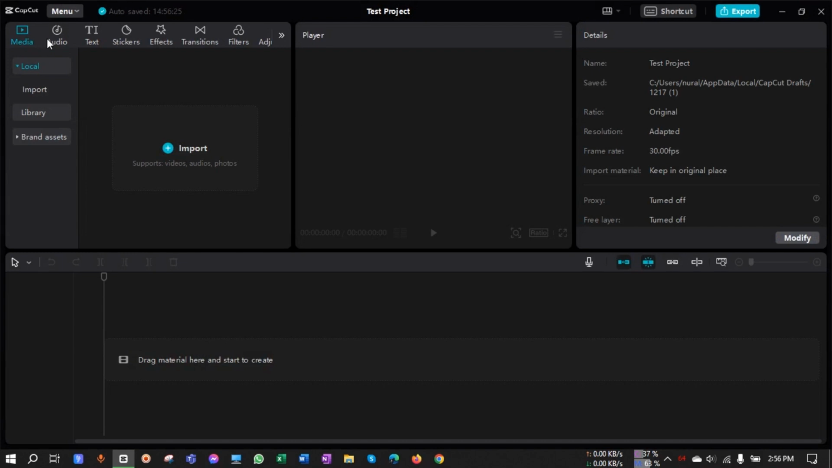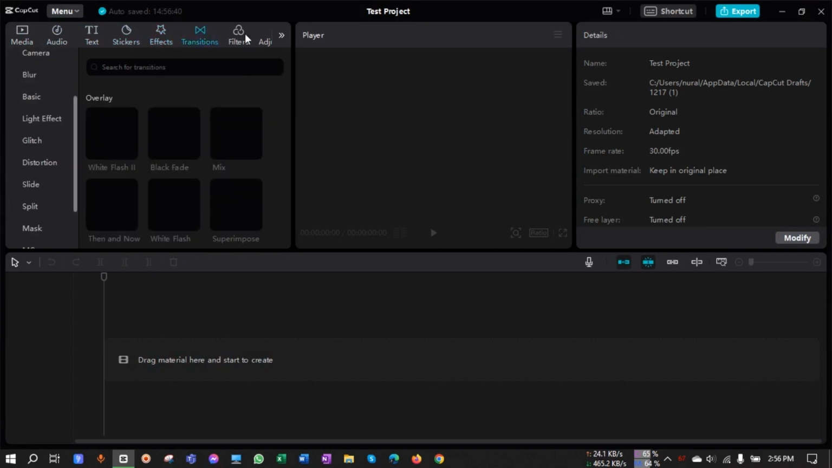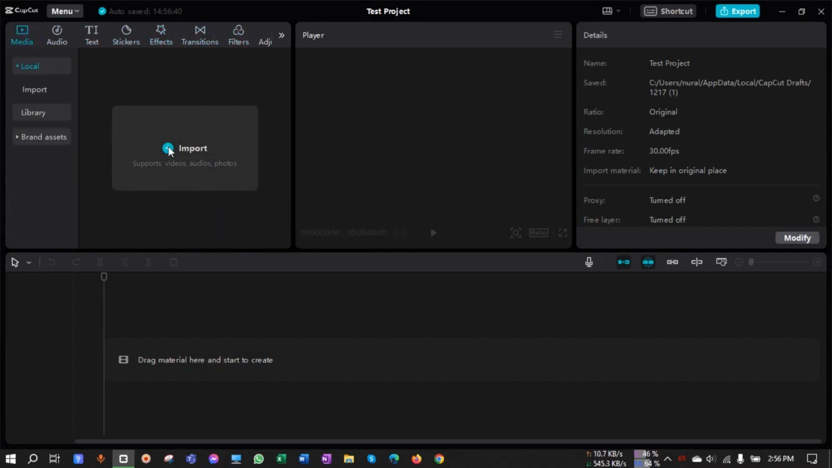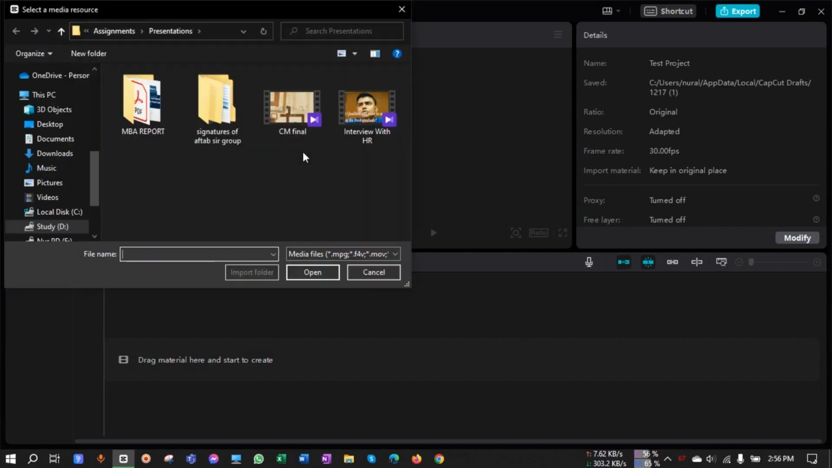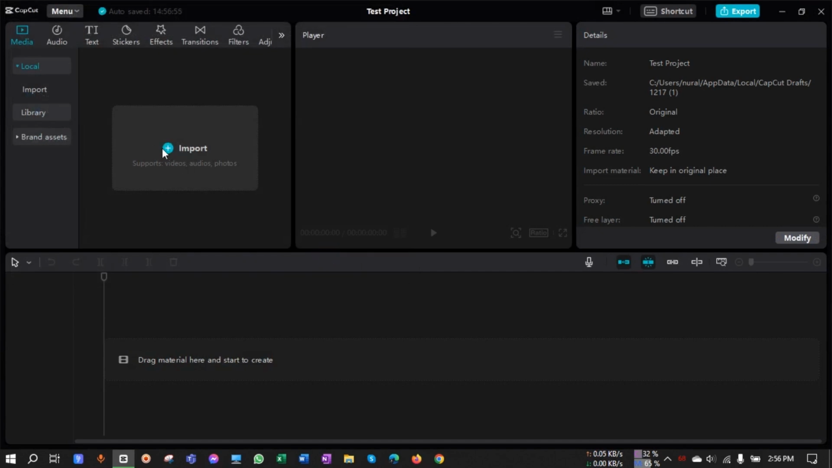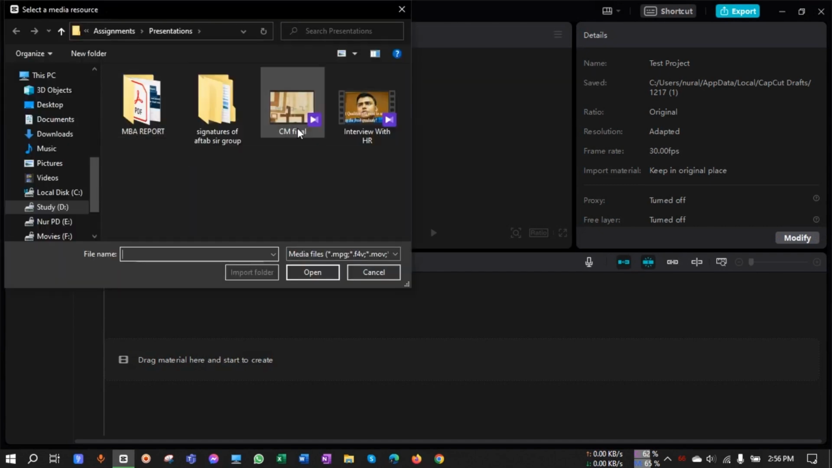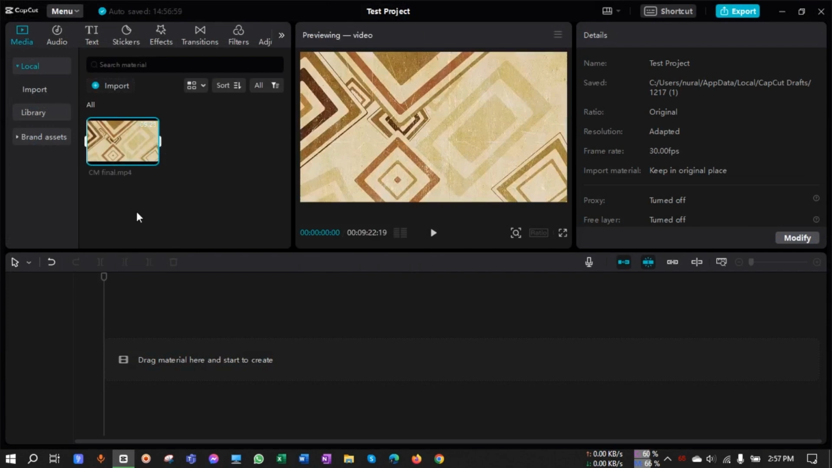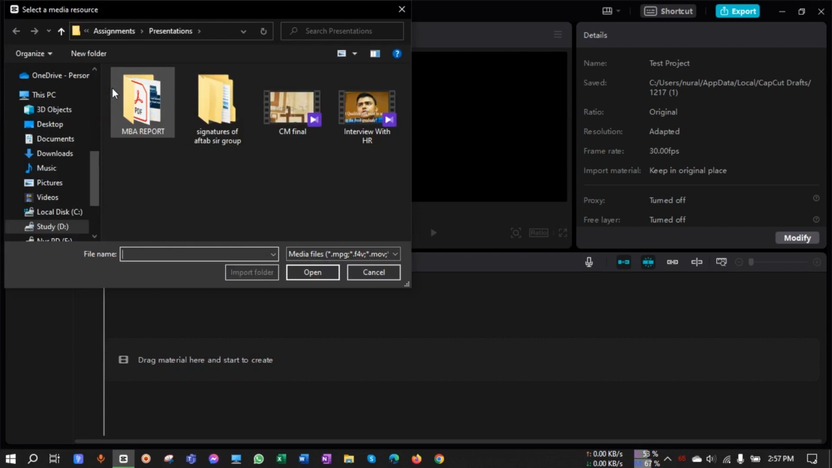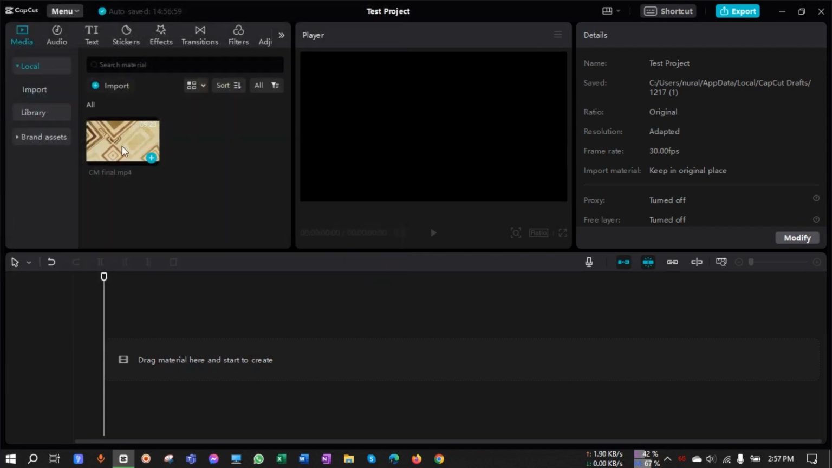Okay. On this side, you see there are media, audio, text, sticker, effects, transition, filter, and you can import your media from here. Click here. You don't need to select anything. You can import any media by simply clicking here. Okay, let's import a media to check it. So I have imported a media. You can import from here if you want to import other material. Once you import, you have to drag this thing here,